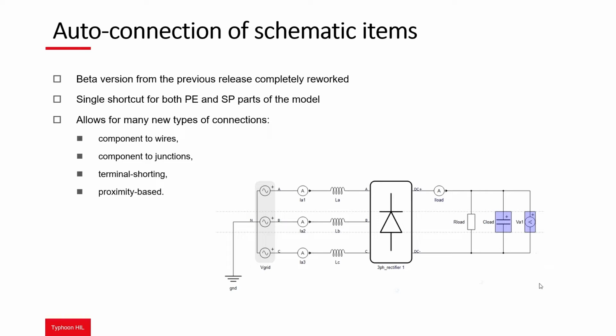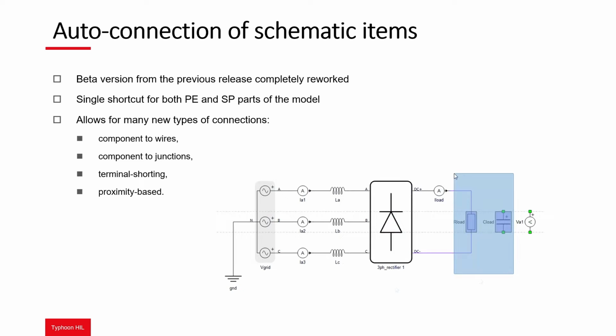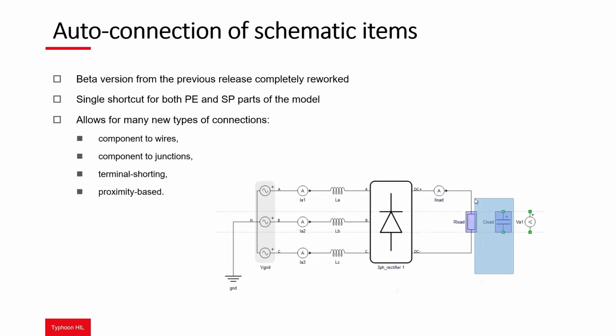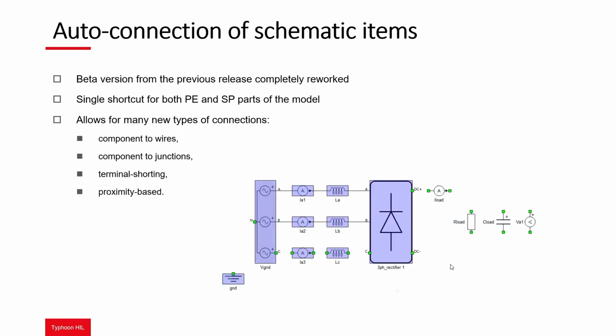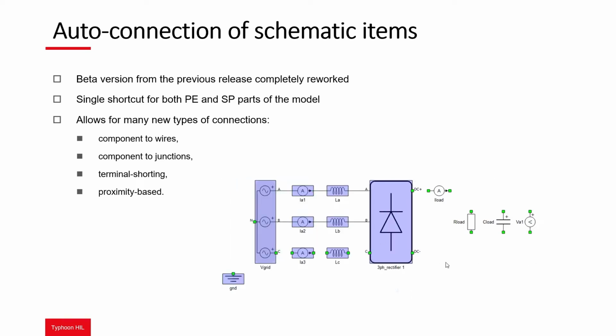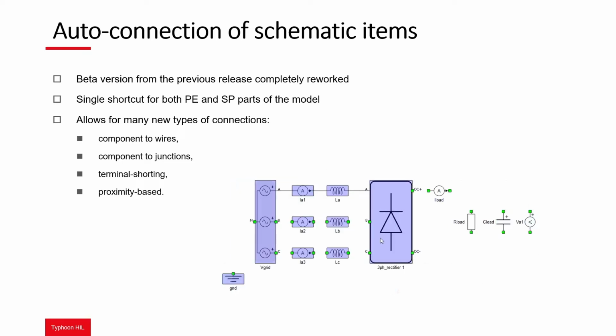To perform an auto connection, you can select the desired items of the schematic, and either click the Automatically Connect Selected Items step option on the right-click menu or use the keyboard shortcut Control and Spacebar. When started, the auto connection algorithm will try to determine the intended connection based on the type, position, and number of unconnected terminals of every selected item. The command may be reissued several times and, if possible, new connections will be made in each step.